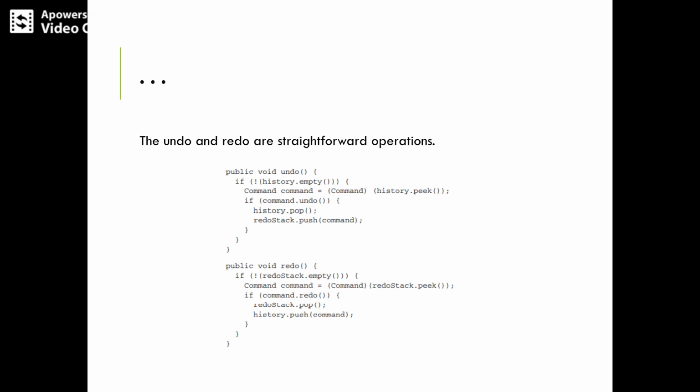In the same way for void redo: if the redoStack is not empty, it is the vice versa of this, and history.push(command) is executed. So whenever you call undo and redo, the redoStack pop will be executed.